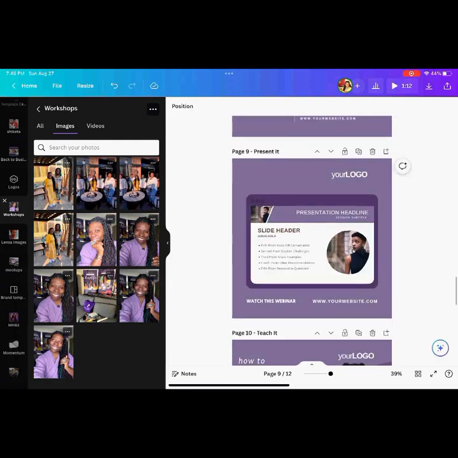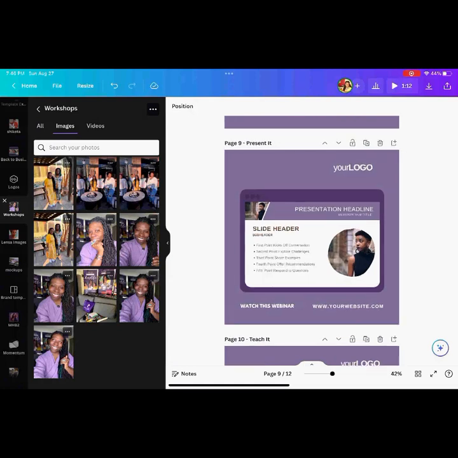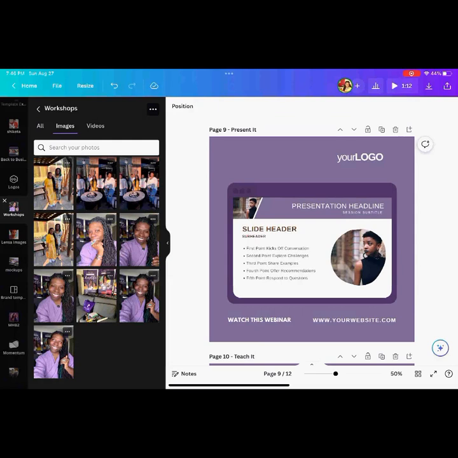But yeah, I love this one because I made it to look like a little computer, laptop, or tablet. And this is supposed to be a presentation style slide. You know, I use this a lot. So, for example, if you wanted to give people an example of a presentation slide that you did from your webinar, you could use this one. Then you could record yourself talking about whatever points you have in the slide as an audio, attach the audio to this, and make a short little 60-second video. Basically explain what's in this part of the webinar, and then say, hey, by the way, if you want to watch the full webinar, go to my website.